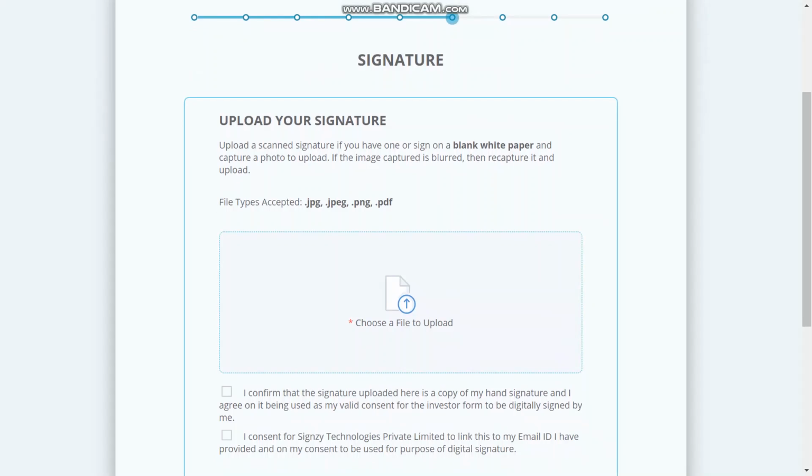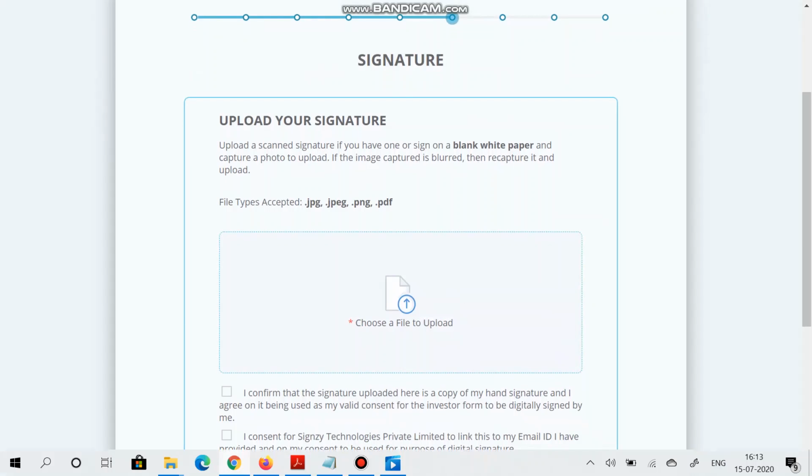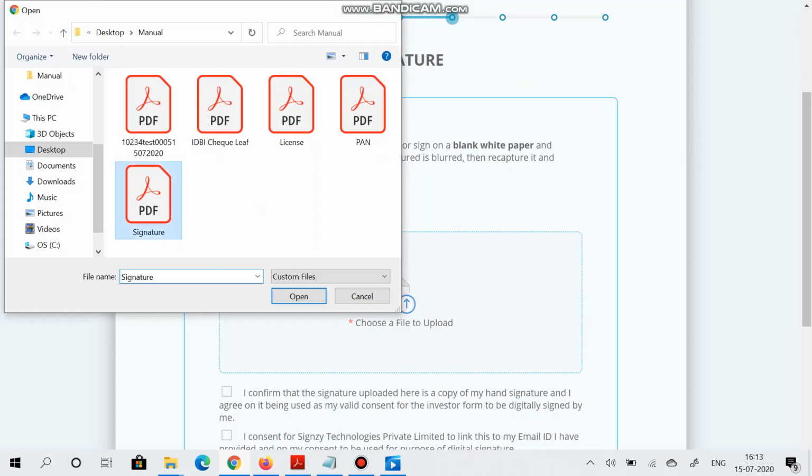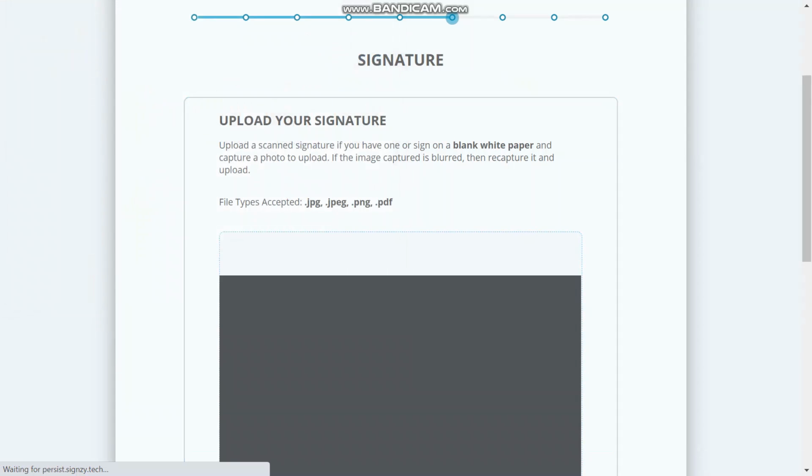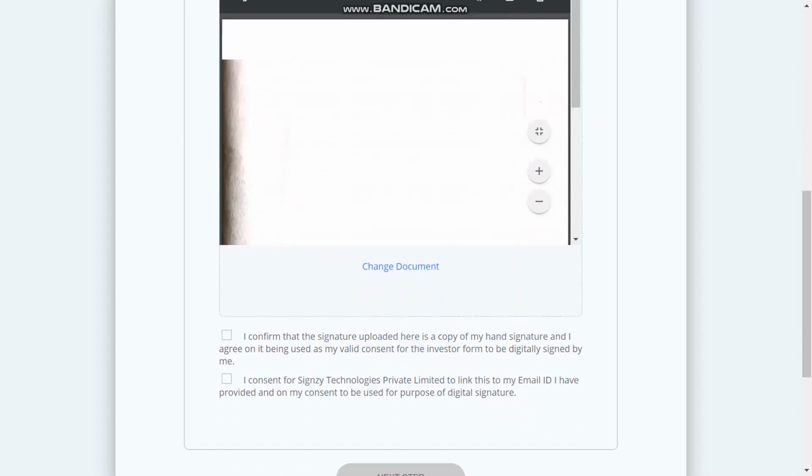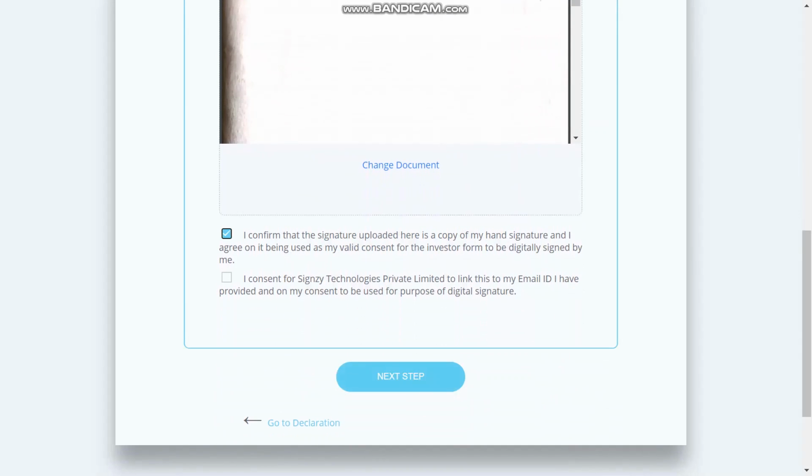Upload the signature of the investor. Click on this I confirm the signature, as well as I consent for Sign Z, and next.